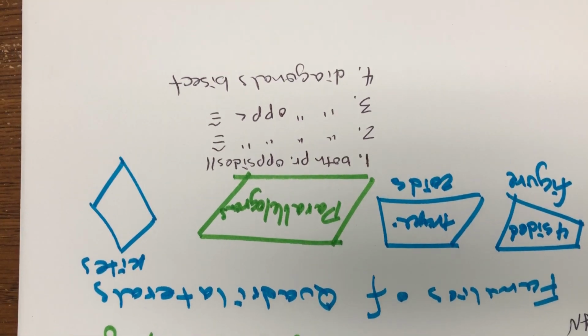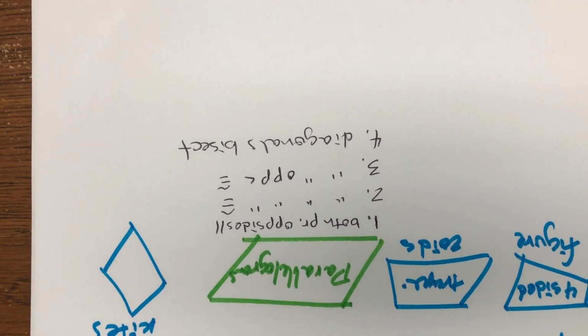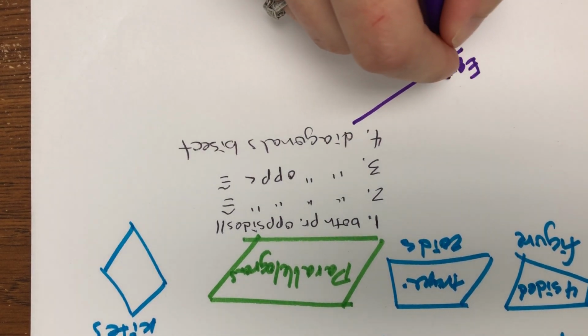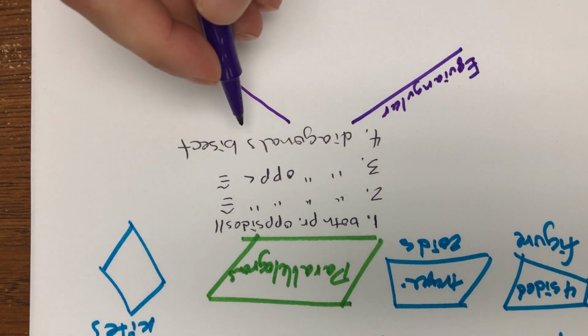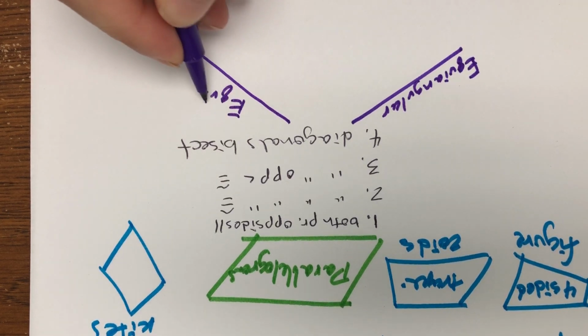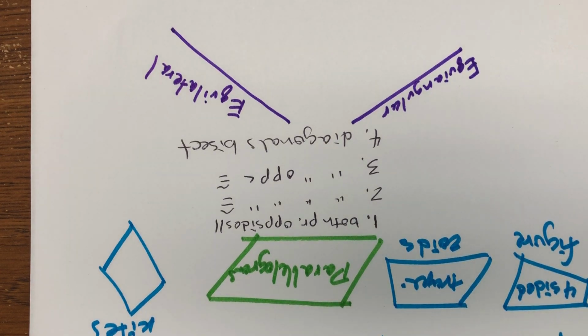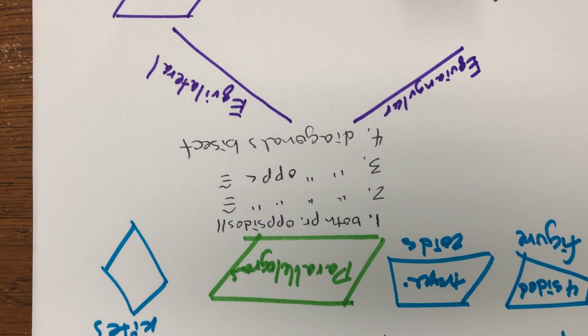Okay, once we've determined that something is a parallelogram, then there are special types of parallelograms. We have those that are equal angular, and those that are equilateral. Okay, equilateral, that means the sides are all the same length. So that would be like a rhombus. Rhombus. A rhombus is a parallelogram that is equilateral. Equal angular,